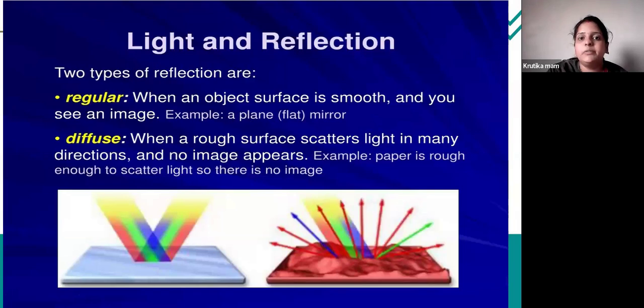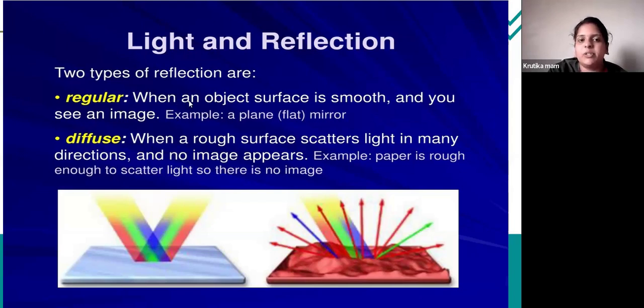So in the reflection of light, I hope it is clear to everyone what we mean by reflection. The bouncing back of light is called the reflection of light, or the light ray will return back in the same medium after hitting the surface. When light rays fall on a surface, they bounce and return in the same medium. That phenomenon is called reflection of light. In reflection of light, we have two types: regular reflection and diffused reflection. You can also call it irregular reflection.